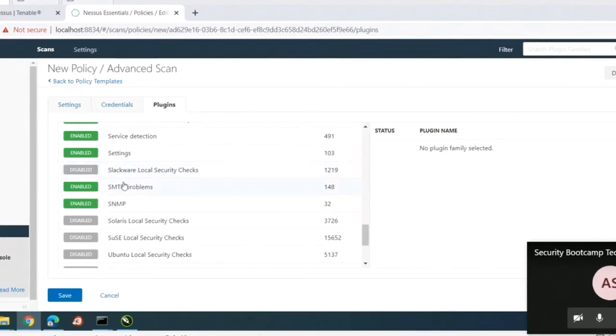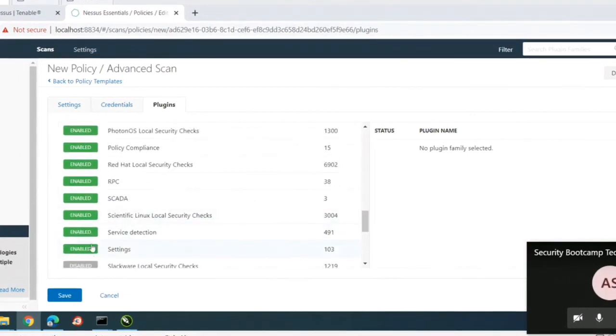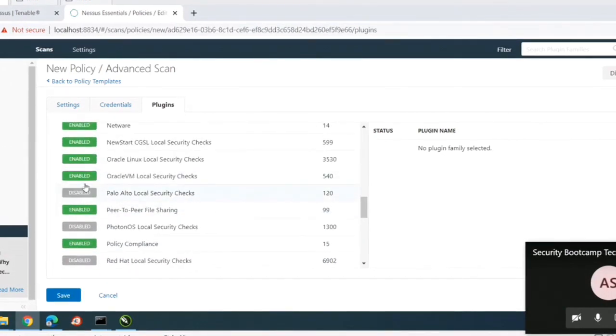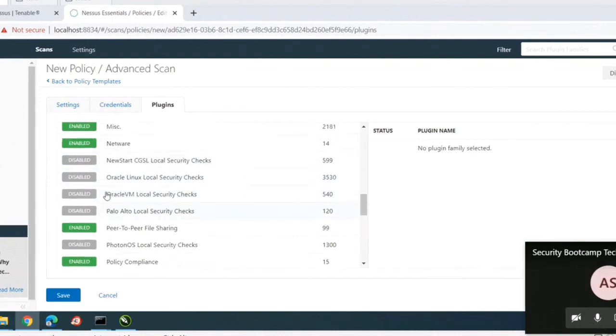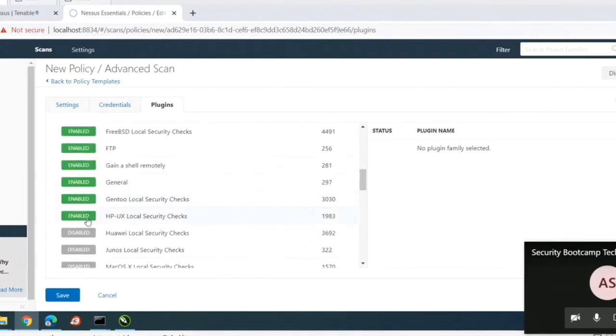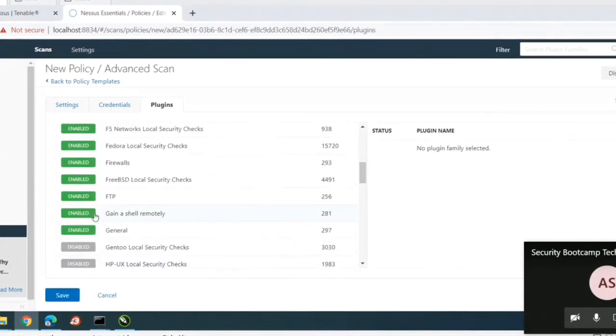Slackware includes a Linux variant, settings, service detection. Scientific Linux, this is Linux, SCADA, Red Hat. So I'm just disabling those which may not be applicable to my Windows computers, right? NetBear is also a different one. This is how you're going to create a profile.